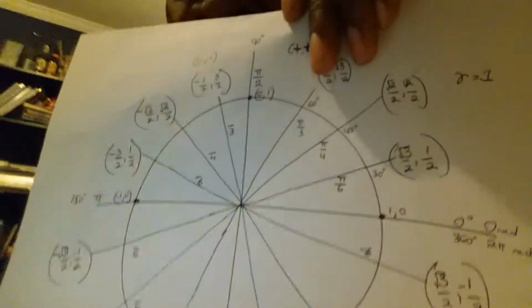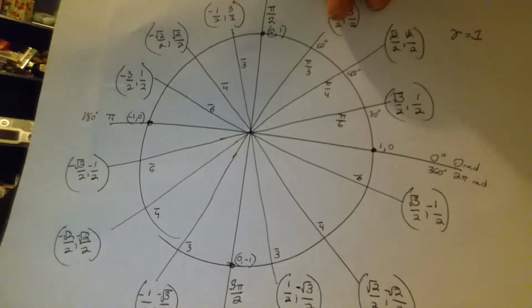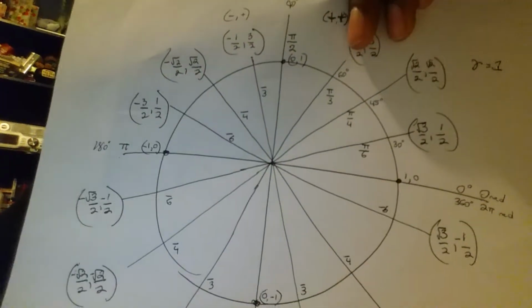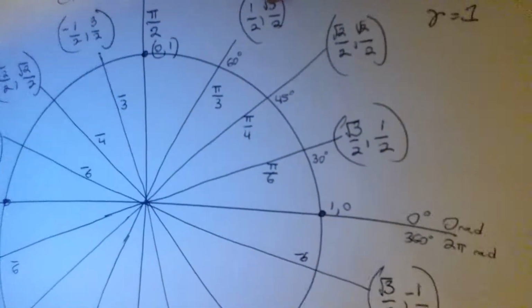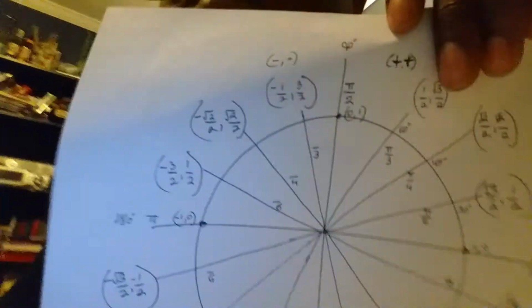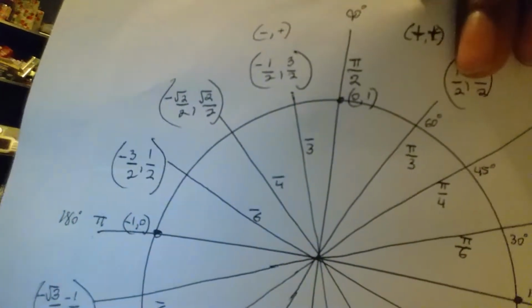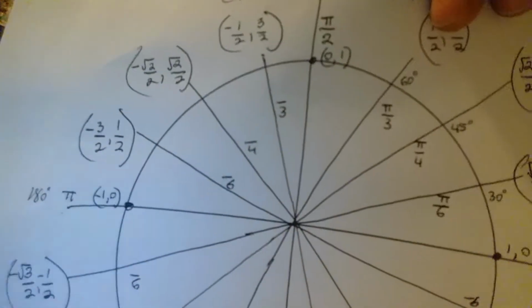3, 4, 6. And at the bottom, same thing, 3, 4, 6, 3, 4, 6. Your numerators vary very little throughout the unit circle. So what we're going to do is, in our first quadrant, we're just going to keep the numerator as pi, so just pi over 3, pi over 4, pi over 6. In our second quadrant, the trick here is